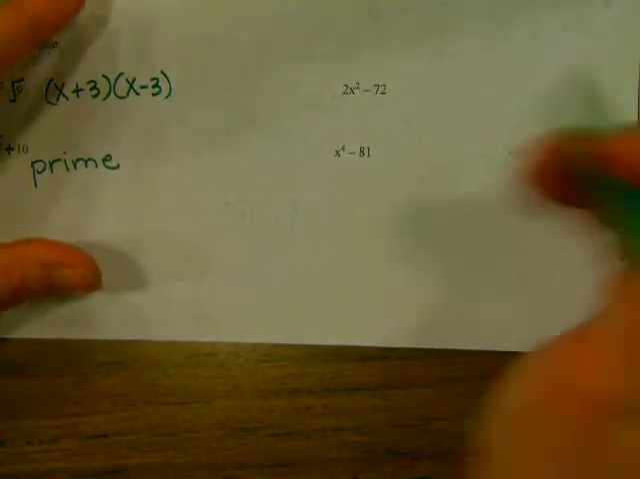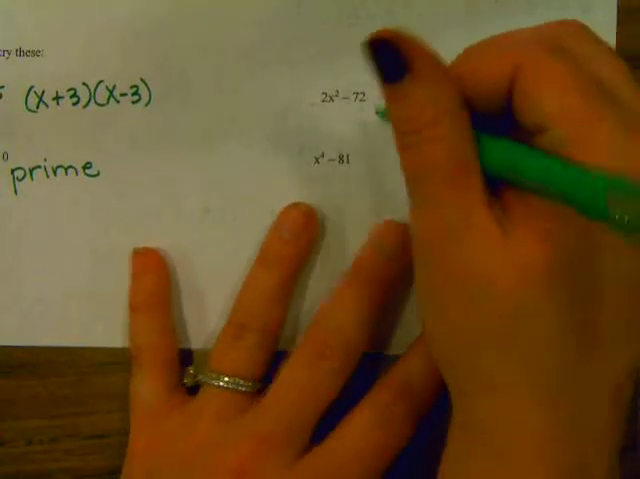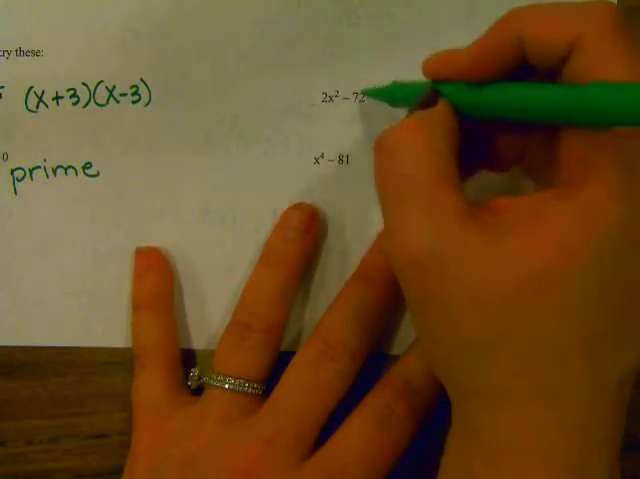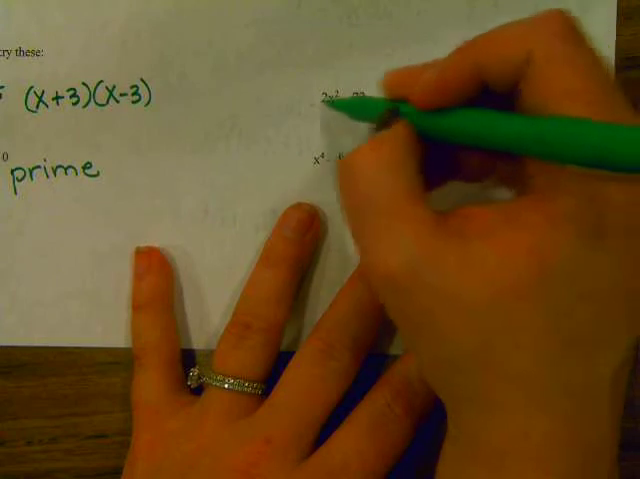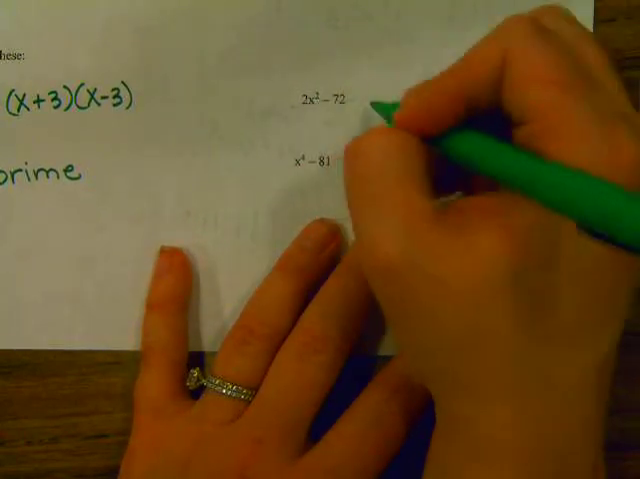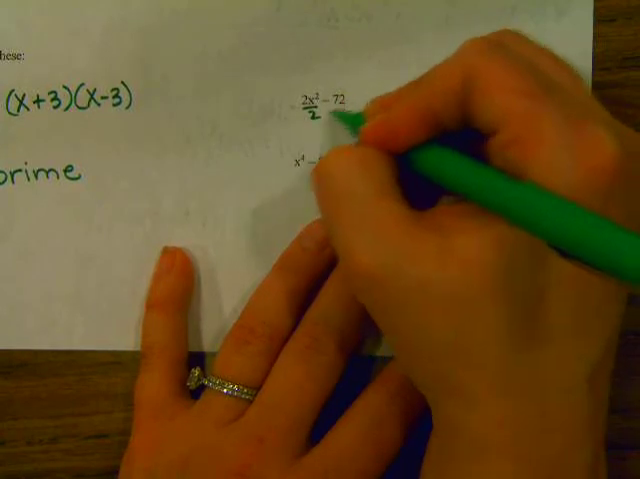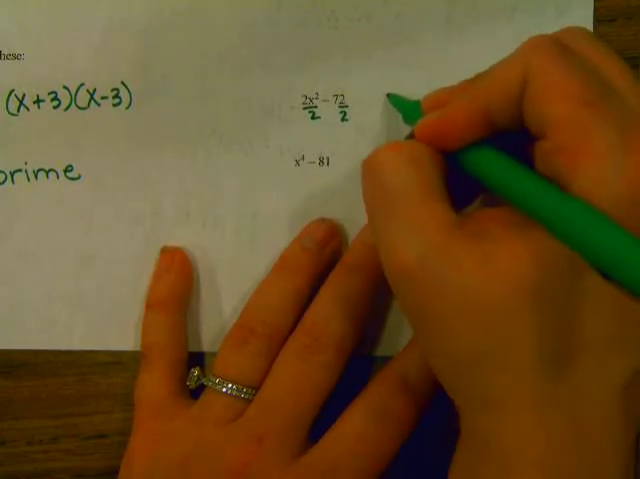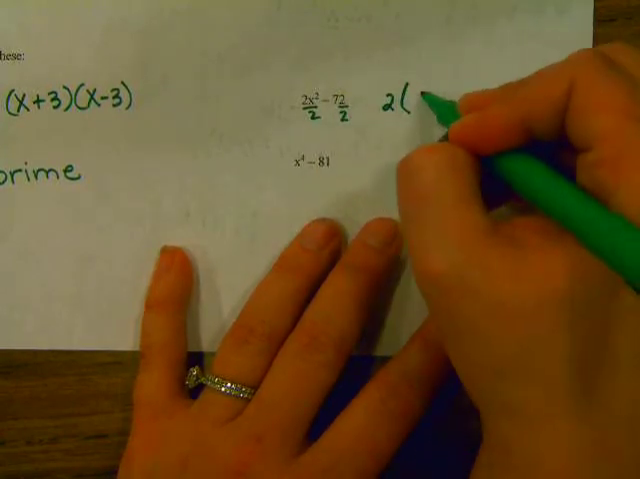The top one here, first thing is I can't do the square root of 2 and I can't do 72, but I can divide them both by 2. Always look for the GCF as much as you can, first thing. So if I divide by 2, that means 2 goes on the outside, and that'll leave me with x squared